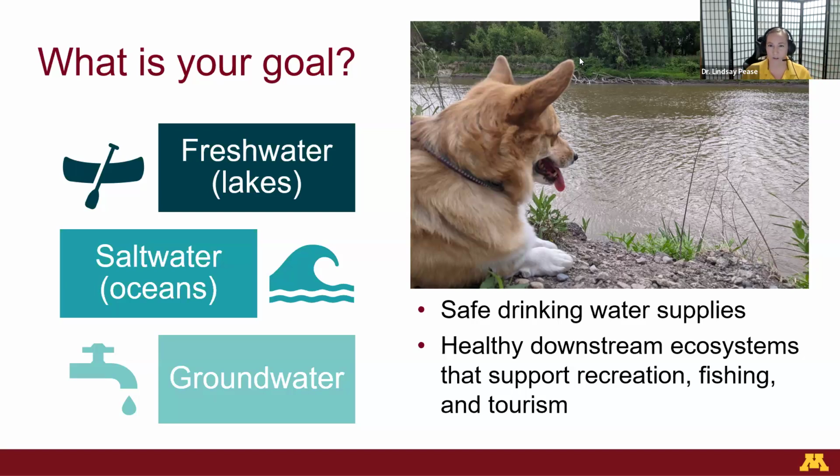But we can sort of all agree that that end goal, the outcome of safe drinking water supplies and healthy downstream ecosystems, that's the piece that we all can agree on, including myself. That picture on the screen, that's my dog. And we often take her walks in parks, along rivers. We like to kayak. We like to also recreate in the streams. And so, that's also a goal for myself as well. Just so you know where I'm coming from with this, I think we all agree that that's the goal. But then how you get there requires a little bit of targeting.